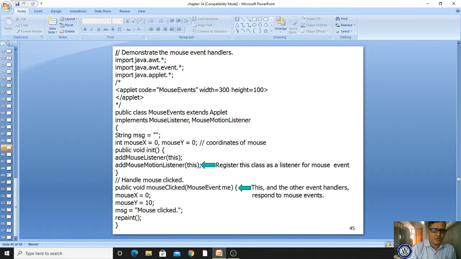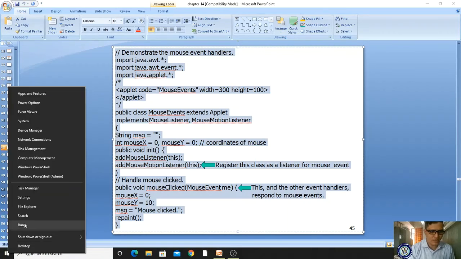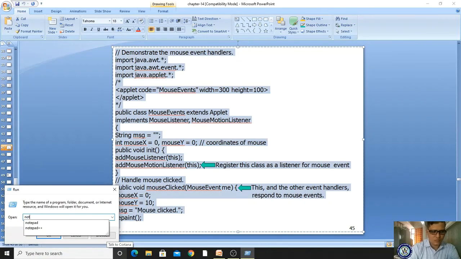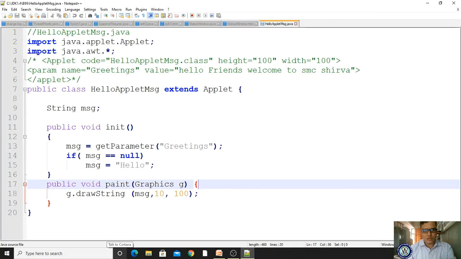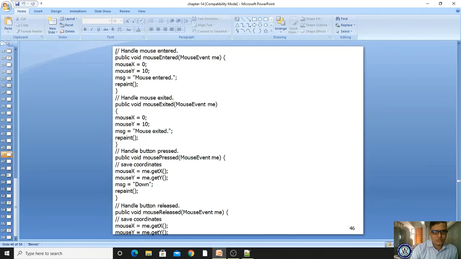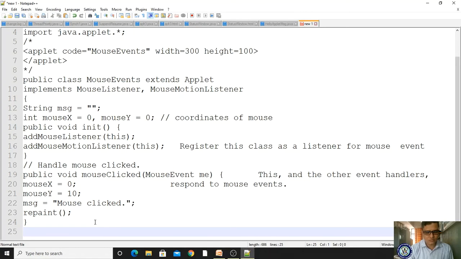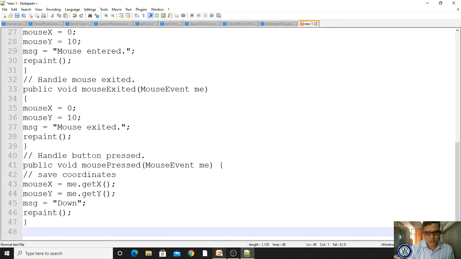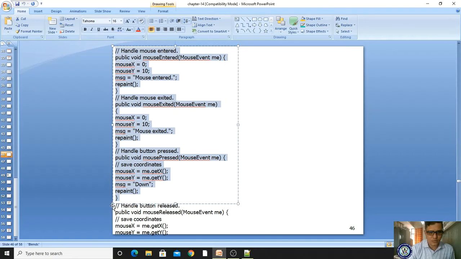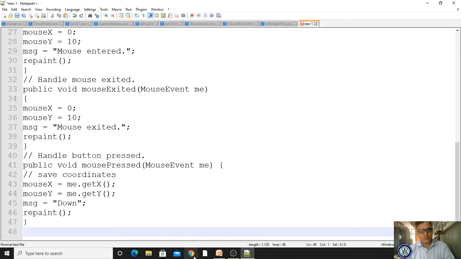To understand this concept, I'm copying it and opening Notepad++. I'm taking a new file and pasting.